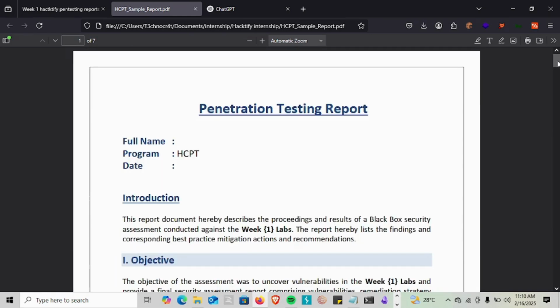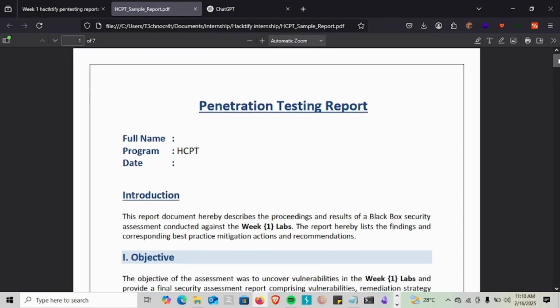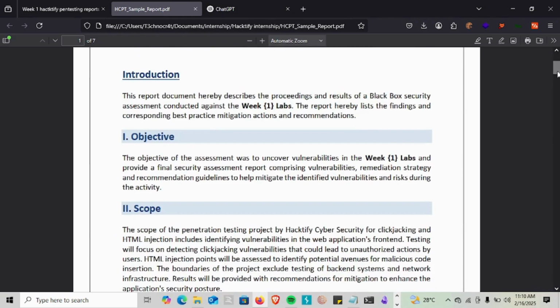I'll just go over how I am going to create the report using the Hacktify report template. So we have the pen testing report here. We have the full name, maybe test account as our full name. We have the dates and the program. For the introduction, this report document hereby describes the proceeding of the black box testing for week 1. So we are going to use this format. For the objective, also week 1, and for the scope